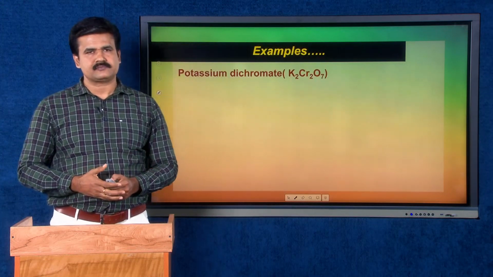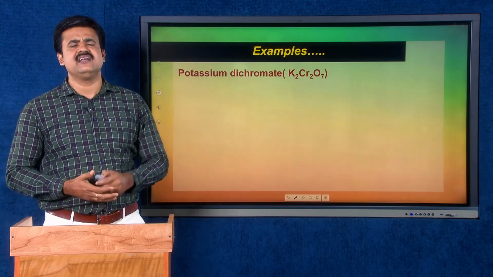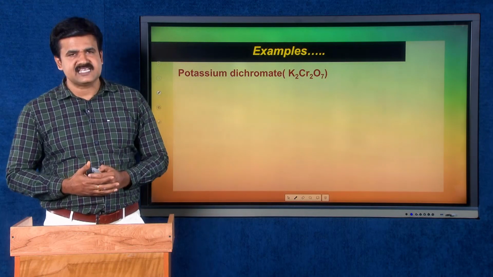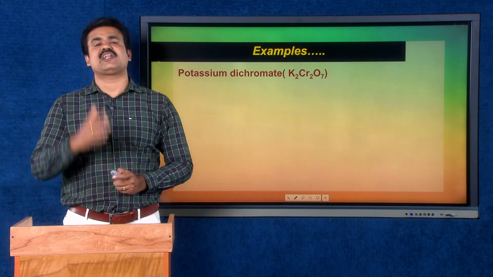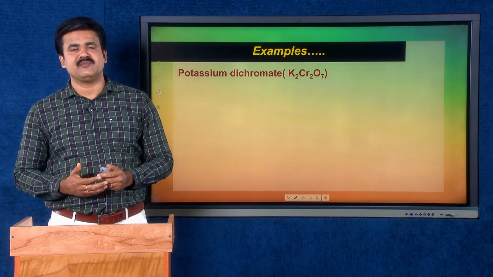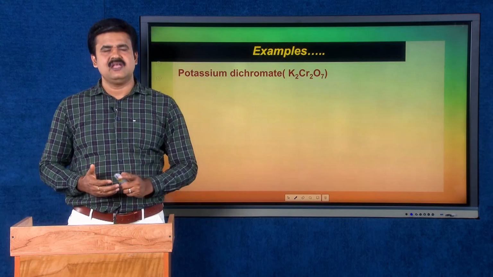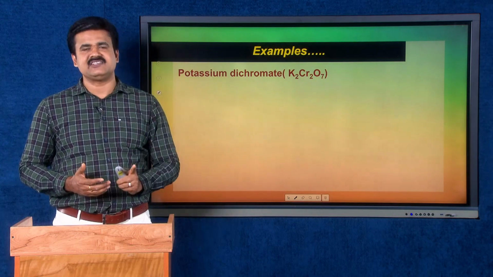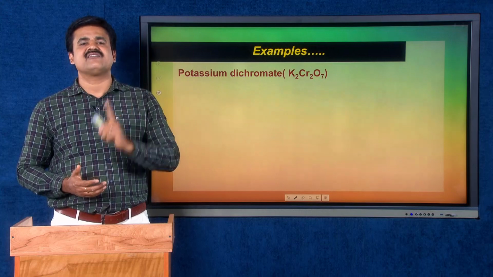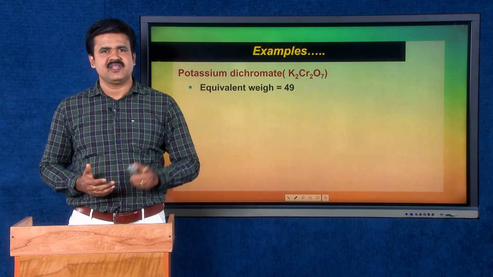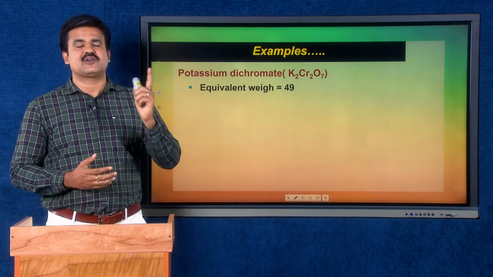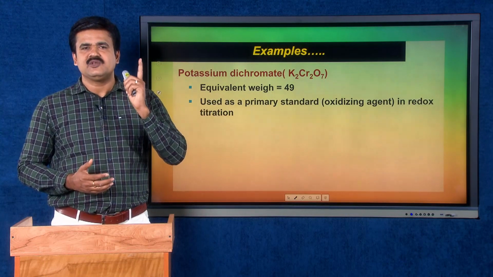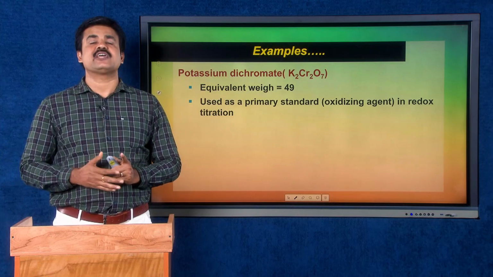Now, another primary standard under our consideration, which is highly useful in volumetric analysis, is potassium dichromate. Potassium dichromate has the molecular formula K2Cr2O7. Potassium dichromate is available in pure form. You can directly weigh it and directly convert it into a standard solution. The equivalent weight of potassium dichromate is equal to 49, and